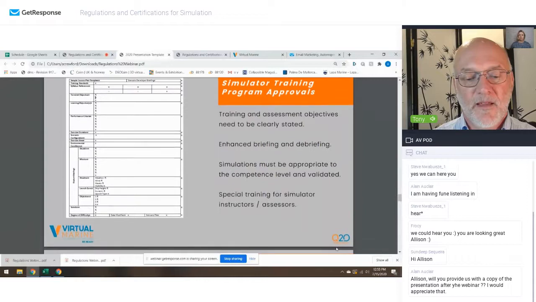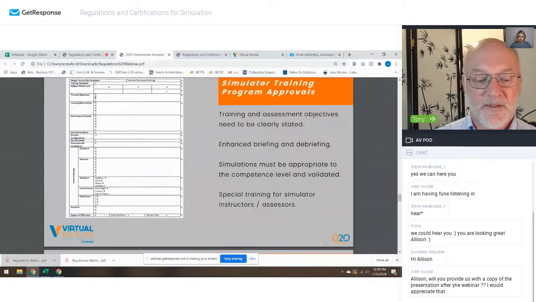And you talk about the scenario documentation. This is kind of the key thing. After STCW 95, the Europeans did a great job in figuring out how to conform with what were then new simulation standards. This is just an example of a template that the Europeans came up with, which I see commonly used. It goes down to, it's like every minute of this scenario needs to be documented, and you've got to say explicitly what's happening throughout the training program. Next.